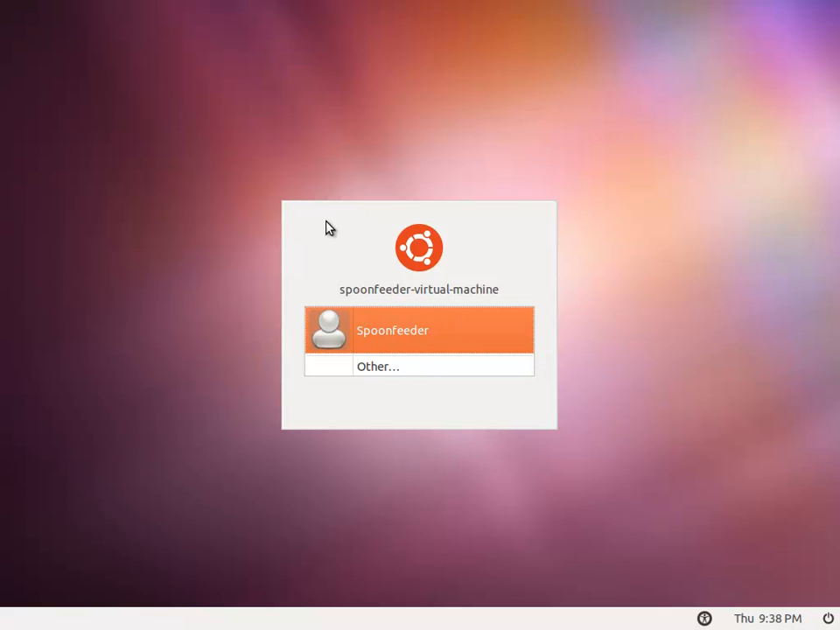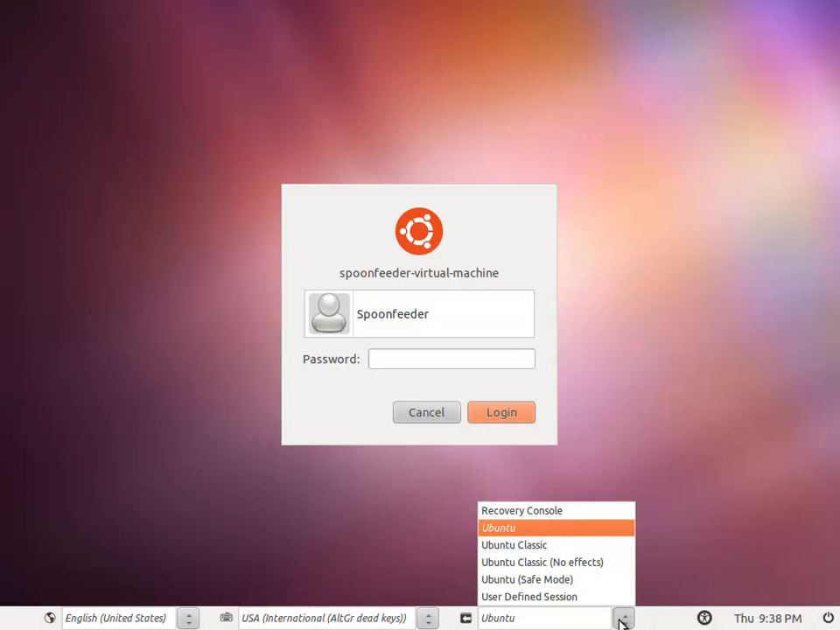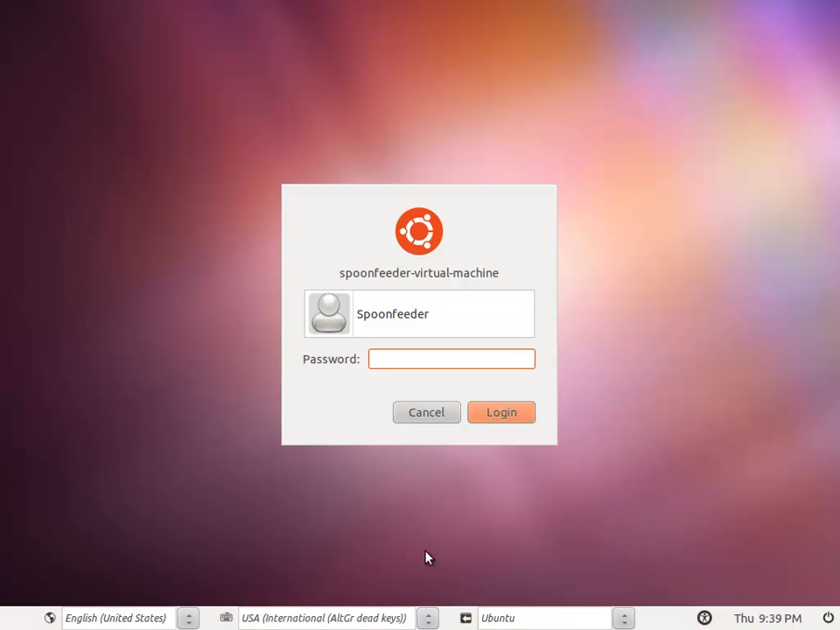So yeah, this is the basic login screen, and you click your name, and you get some options below here. You get the time, you get some shutdown and restart and suspend things. You can check the environment that you want. Ubuntu Classic is GNOME how it was in 10.04. So if you saw that one, then you know what it is. Classic no effects is the same as 10.04, but then without Compiz doing the effects. And you can use the defined session because you can specify all kinds of things. Here you have your keyboard layout, and here is the language. So I'm just going to